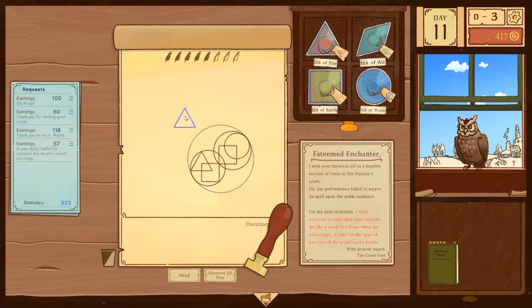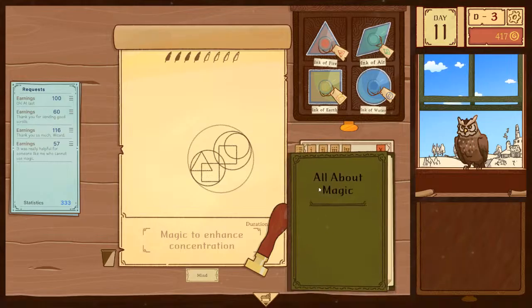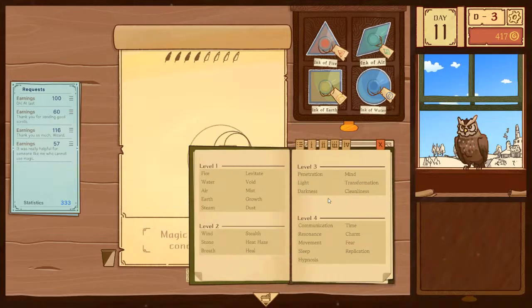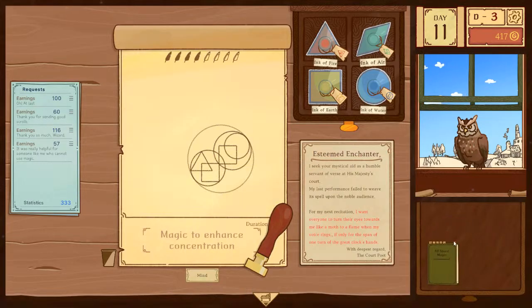Fire. Could be charm. Light? But for that I need light.